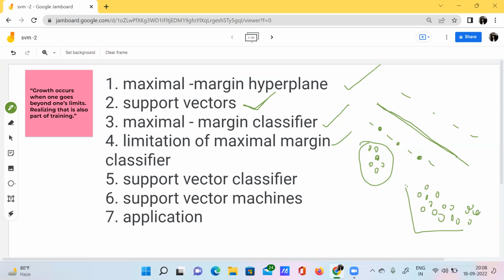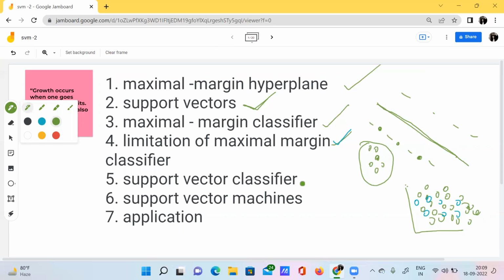Both the classes are mixing like this, then we can't even apply this maximal margin classifier to this particular data. Why? Because it is sensitive to these non-linear scenarios. It is only applicable for the linear scenarios. So that would be the limitation of this maximal margin classifier.